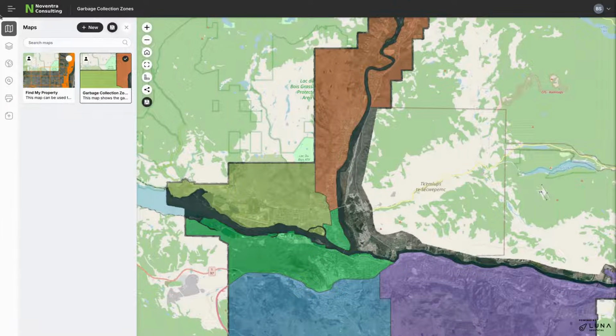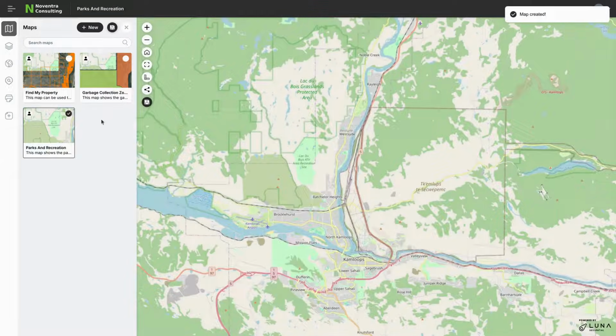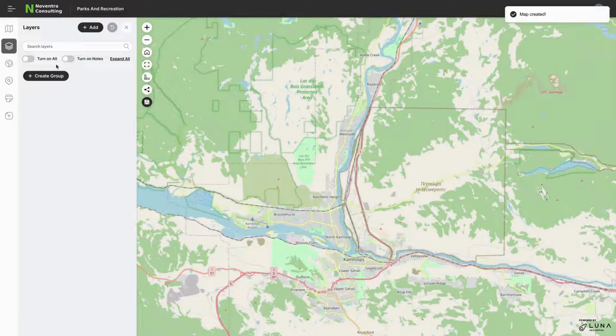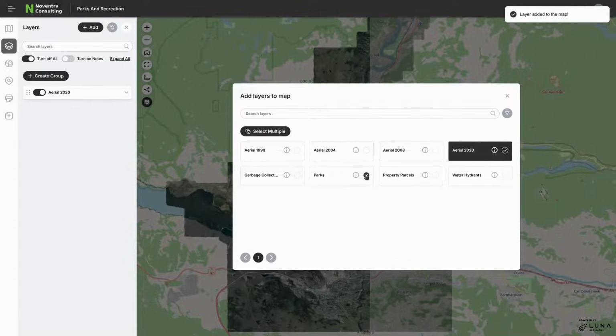Okay, so back in LunaMap, we're still on that garbage collection zone map. Let's create a new one. Let's make one called Parks and Recreation, and it's going to have a very simple description, which is just the map shows parks in Kamloops. And we're going to share the map with the workspace. All right, so now we have our blank canvas. We want to add a couple of layers to this. We want to go into the layers panel, and we want to add, let's add the 2020, and let's add the